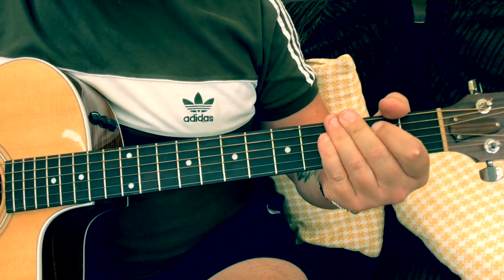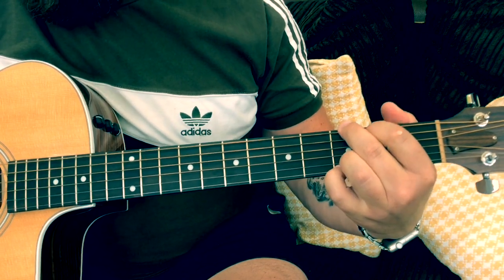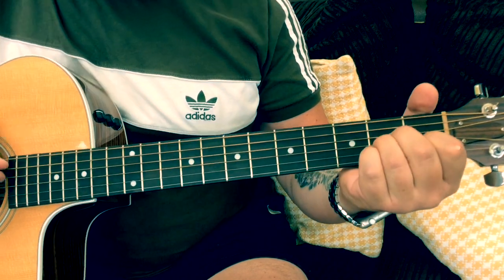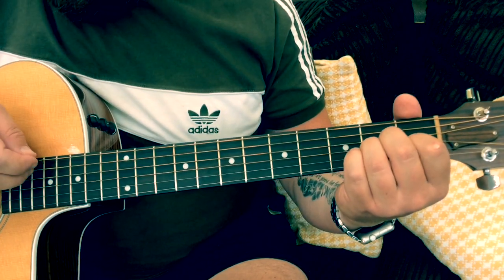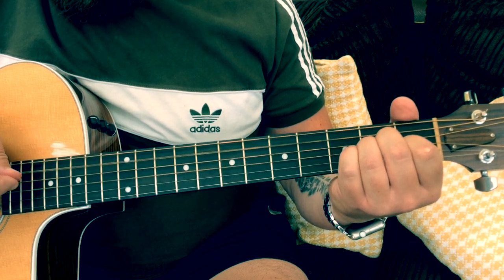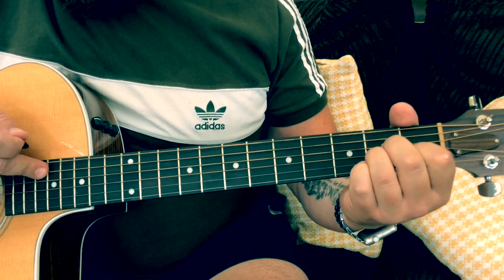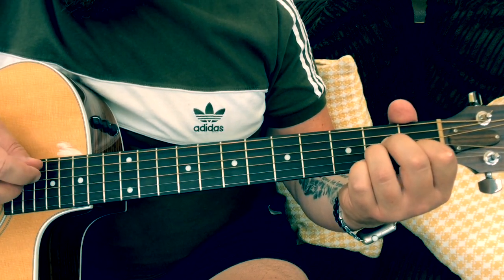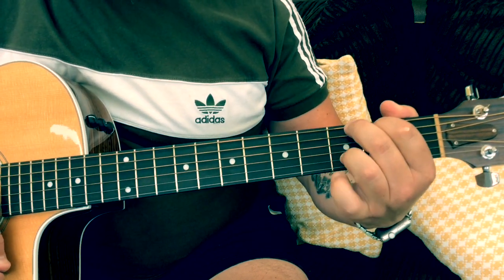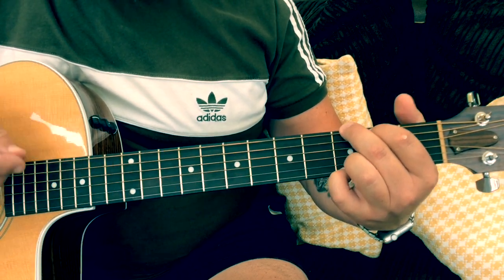Okay, so for the first couple of times round, I think it's nice to get this. So what I'm doing there, on the A minor, I'm just picking down the A, D and the G string. So same on the C. So that would be A, D, G. And then I'll start strumming the G. So quite awkward, but it comes in on an upstroke, the G. So I'll